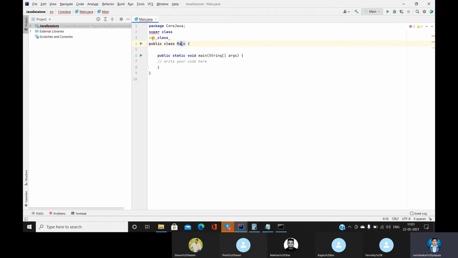Methods cannot be initialized, right? So each and every class has only two things: variables and methods.